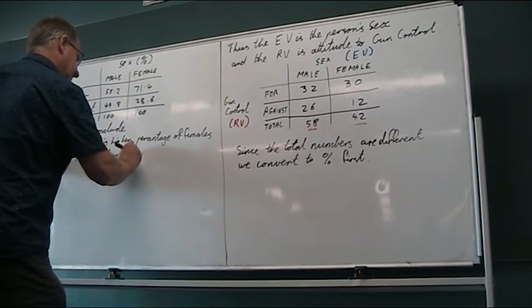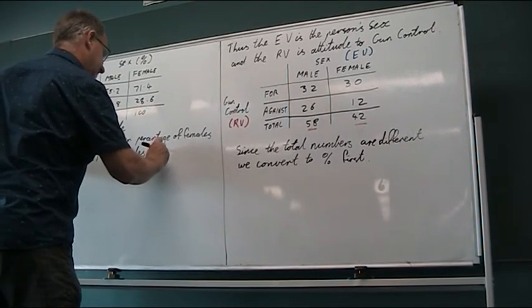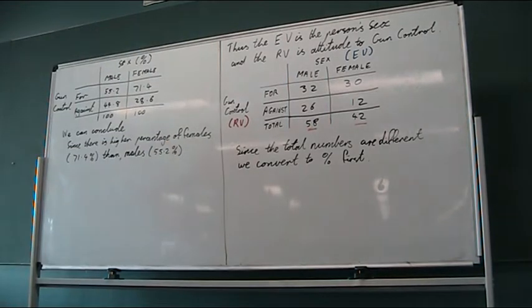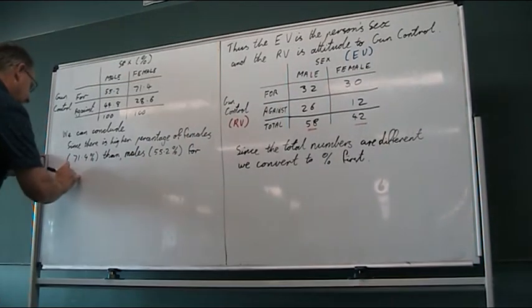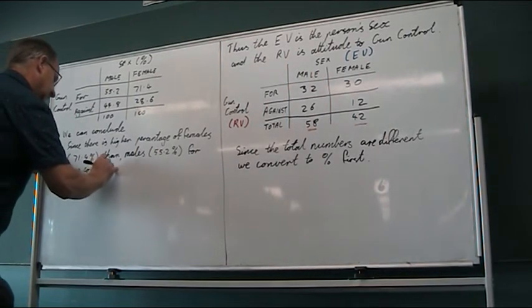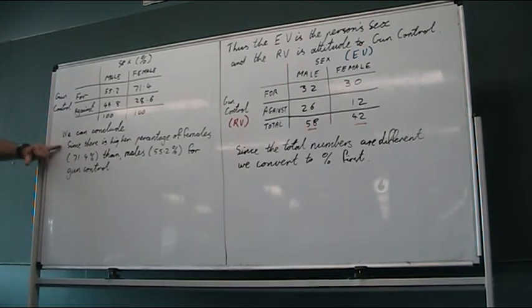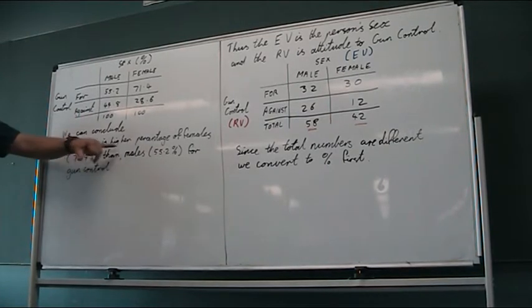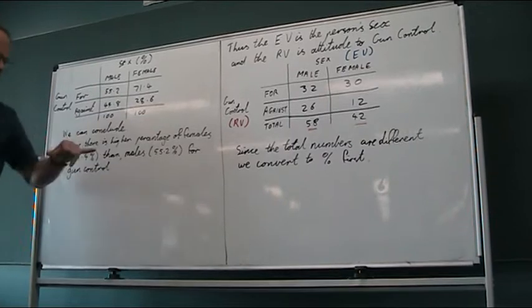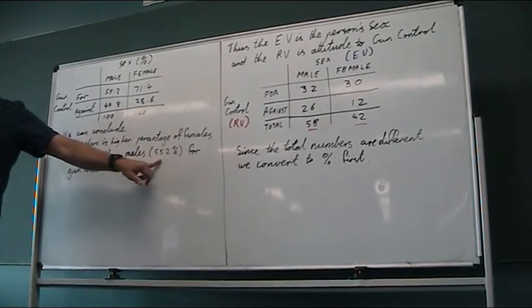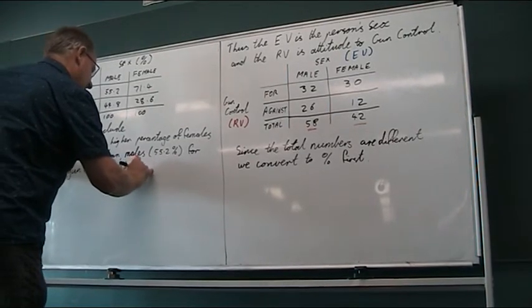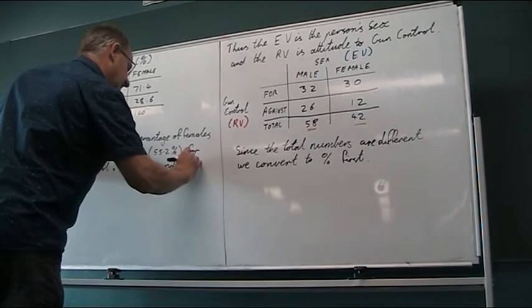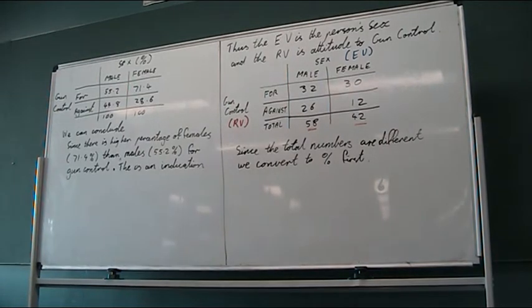Then males 55.2, so for gun control. Alright, so there's my data, my evidence. My evidence is since there's a higher percentage of females. Here's my numbers to show that. For gun control, and from that we can say that there is an indication that attitude to gun control is associated